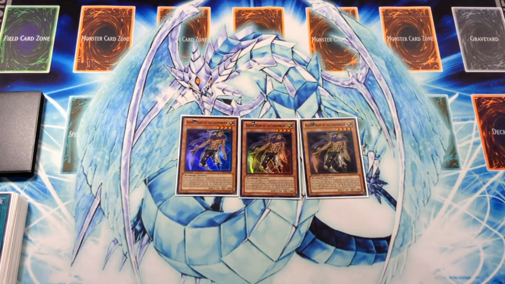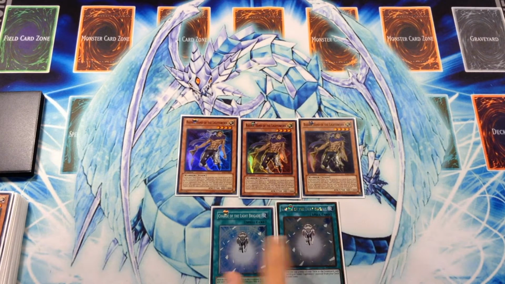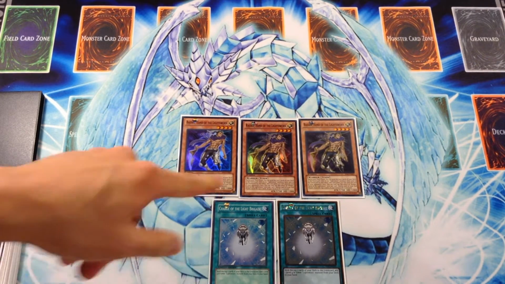His ability, of course, lets us mill up to 2 cards immediately, and then in the End Phase, if he sticks around, mill 2 more. And because he's a tuner, he opens up a lot of really good plays with Norden as well. Pretty standard there. We're, of course, playing the 2 Charge of the Light Brigade to increase the consistency with which we can get him, and actually function kind of like a power card, because, to be truthful, using Charge of the Light Brigade,